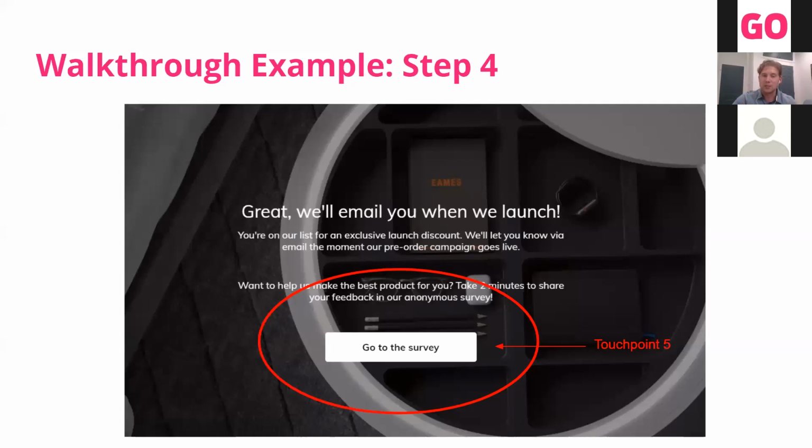So in addition to us saying, great, confirmed, we'll email you, we give them the option to take a survey, completely up to them. We don't push them hard to it, but we give them the chance to feel part of the launch, part of the product, and we get a touch point with them through the survey where we get them to sign up to a separate channel as well. So within this 15-20 second period, we've just accumulated up to 5 touch points with each user in a pretty seamless and unobtrusive way.